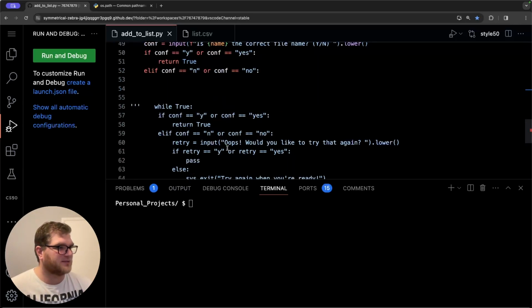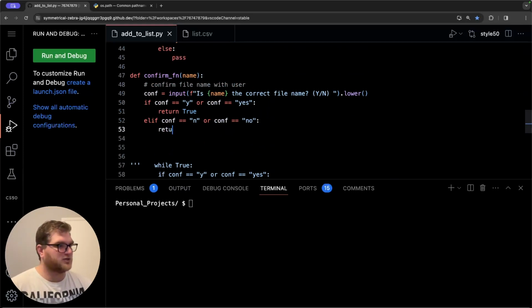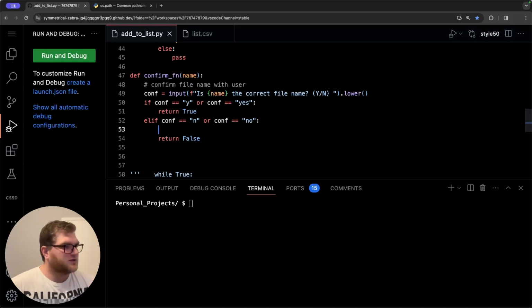Right, so let's go back down to here then. And we can return false. Ooh. So if confirmation is equal to yes, then return true. If it's equal to no, return false. But do we want to ask,